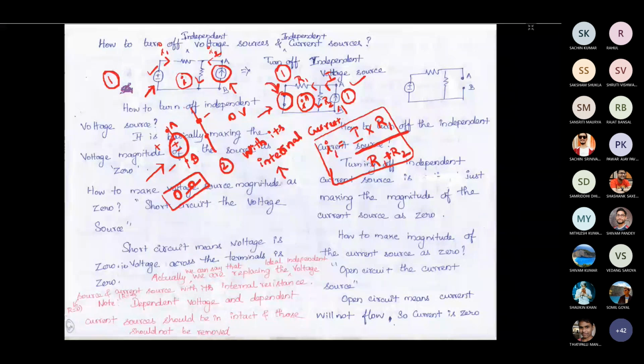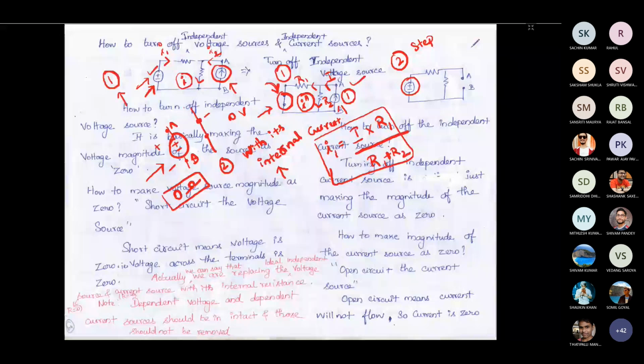If you want to see that particular source contribution, you have to suppress the remaining sources which are available in the circuit, or you can otherwise say that you have to turn off the other sources which are available in the system. So when you are considering this voltage source, the remaining sources, whatever they may be, you should suppress by replacing them with their own resistance or internal resistance. So for the second case, or for step 2, you have to consider the voltage source, then you have to suppress the current source, or you can say that you should make the current source magnitude as 0.